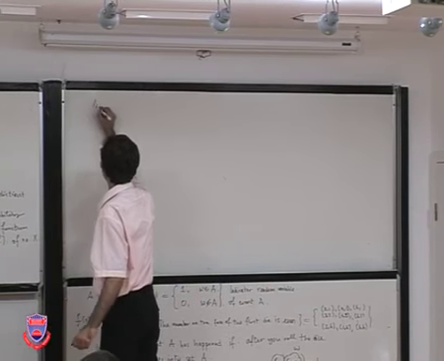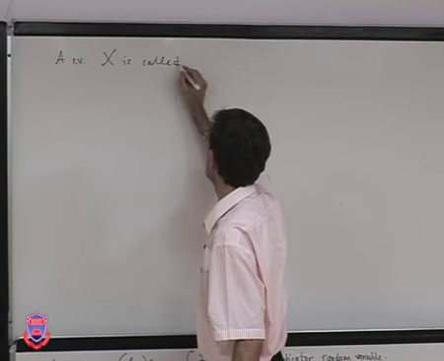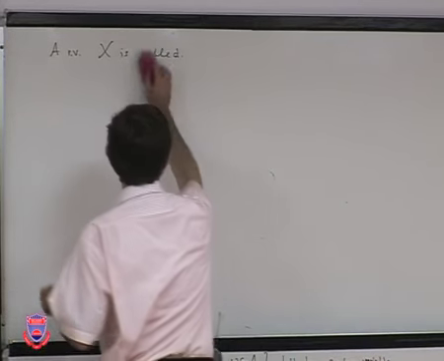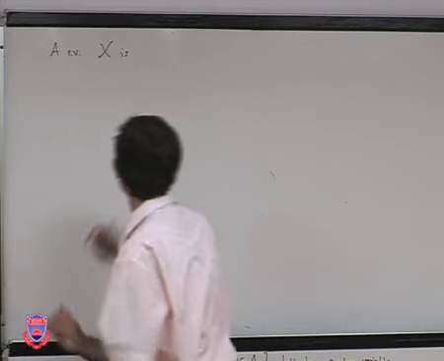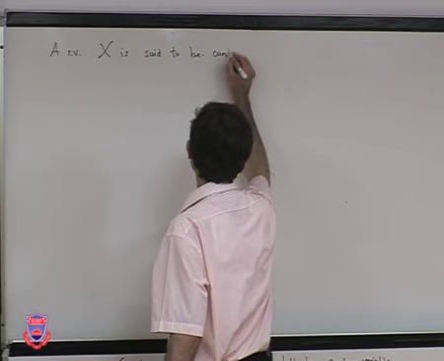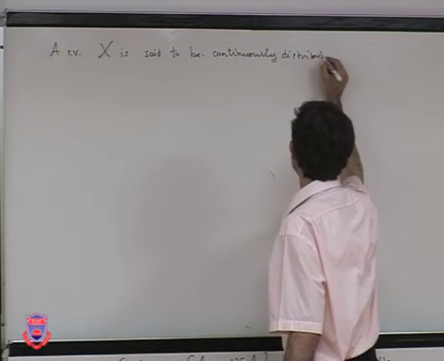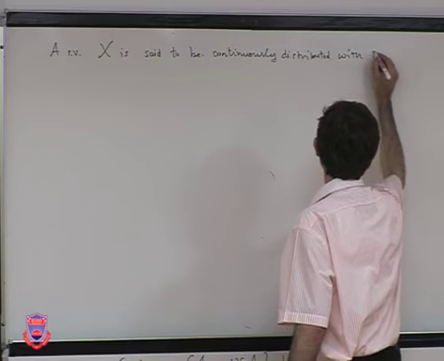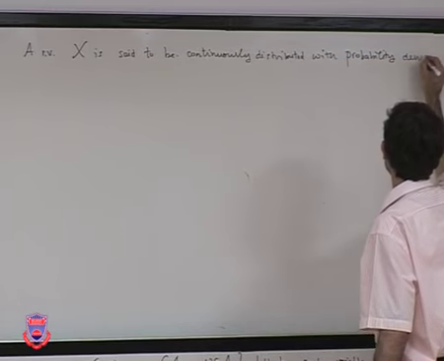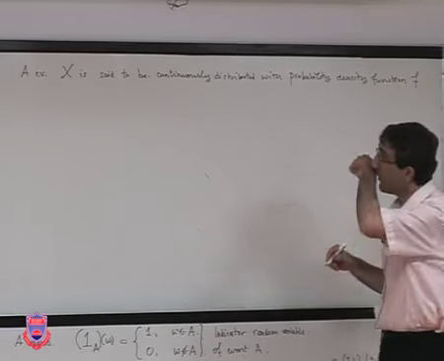A random variable X is said to be continuously distributed with probability density function f,